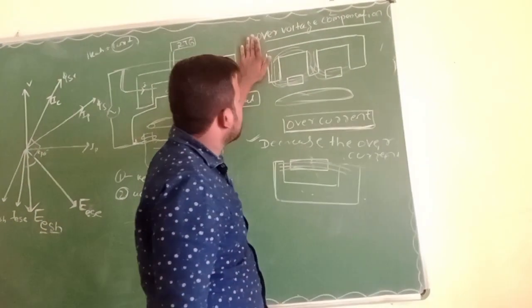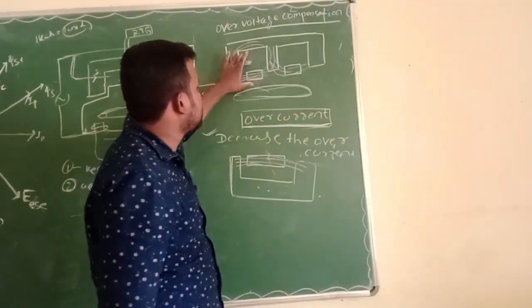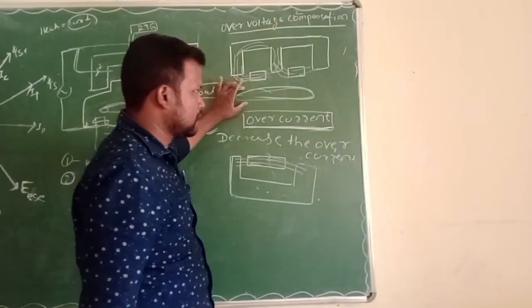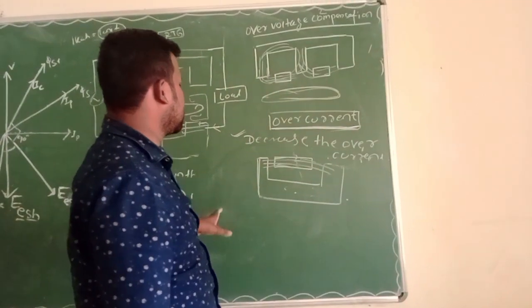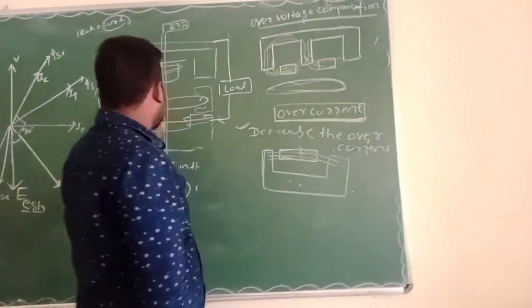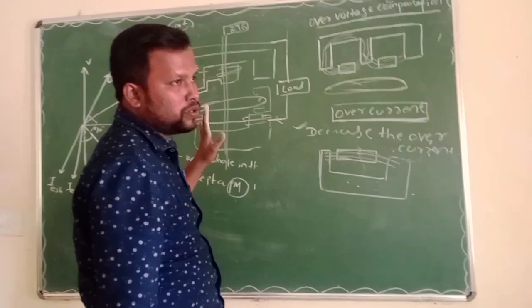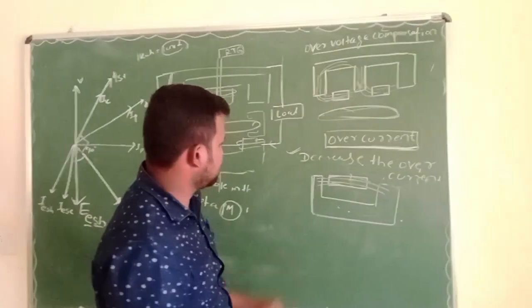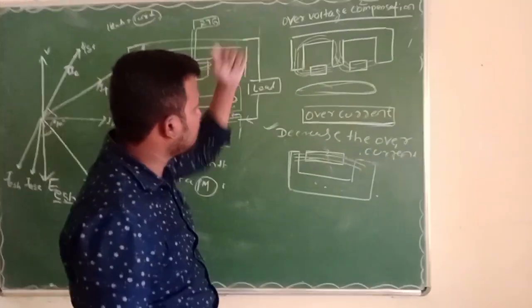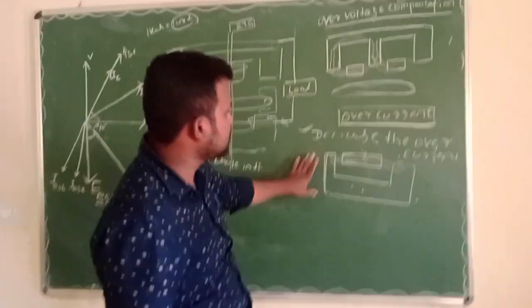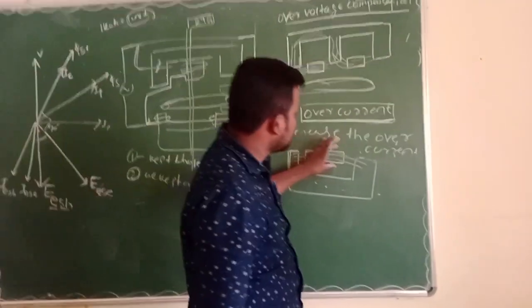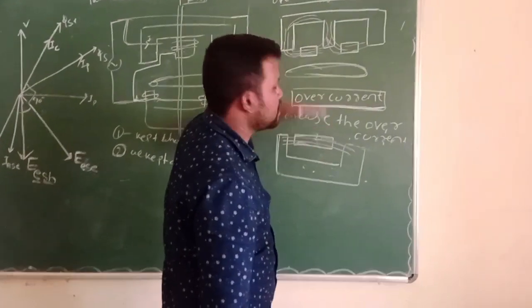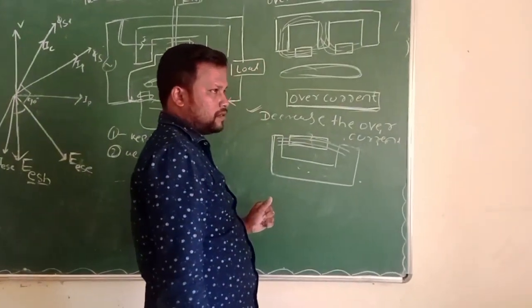And there is over voltage compensation. We should use two magnets with something in between them, so that there is no flux impact on the aluminum disc. The disc is made of aluminum because it has low weight and a high torque to weight ratio. The overcurrent compensation is done this way: one series iron piece is kept in between them, so that no flux impacts the disc.